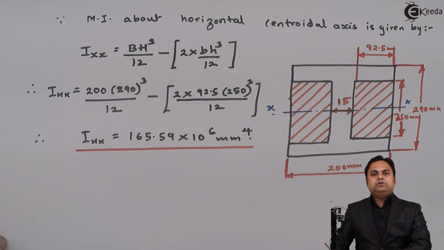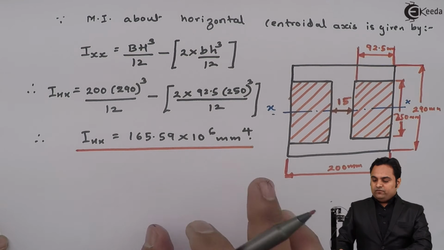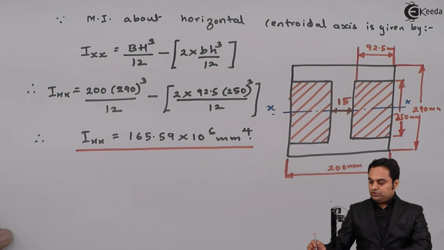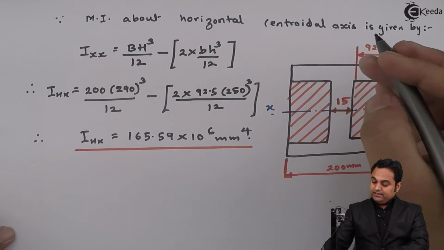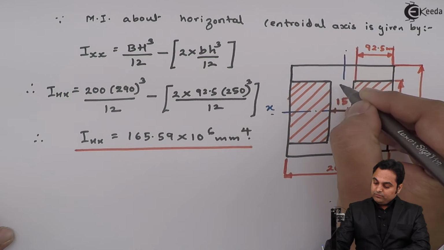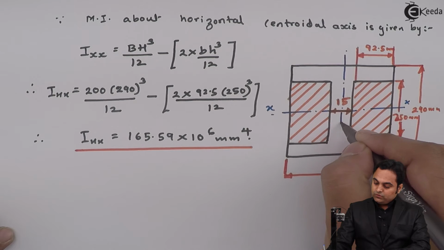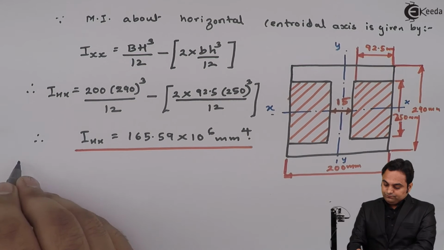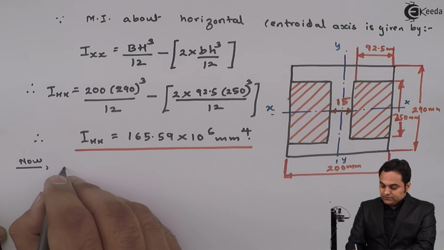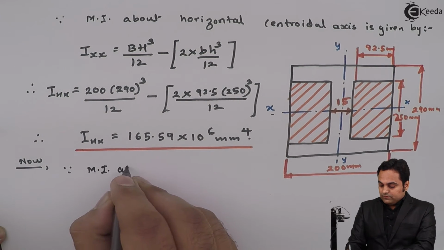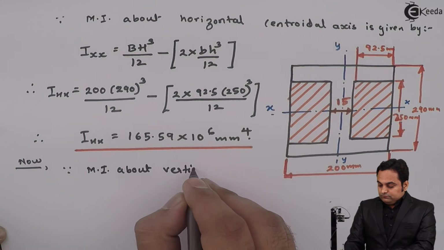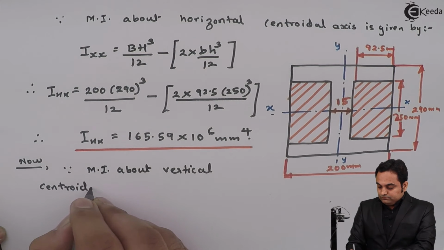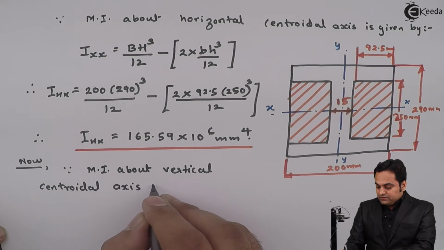So here we have calculated the moment of inertia for the I section about its x-axis, that is centroidal axis, which is horizontal. Next case, here I will calculate the moment of inertia about vertical axis, which is the y-axis. Since moment of inertia about vertical centroidal axis is given by,